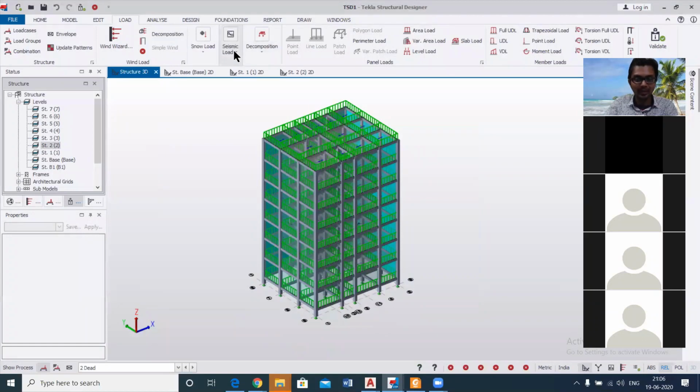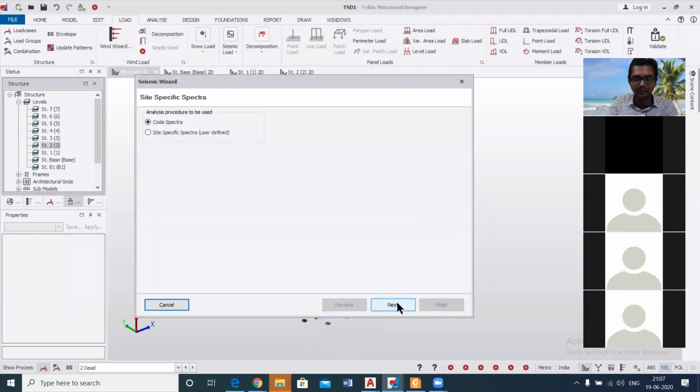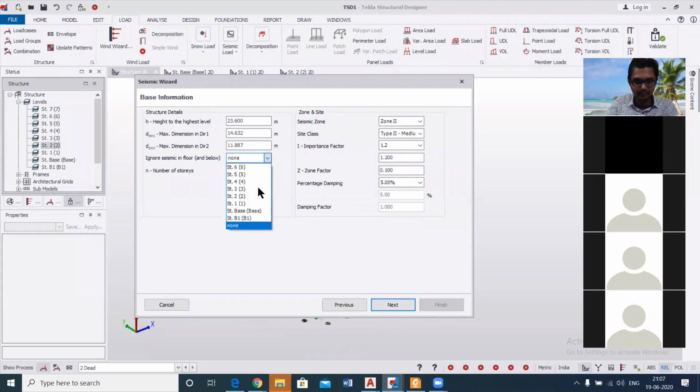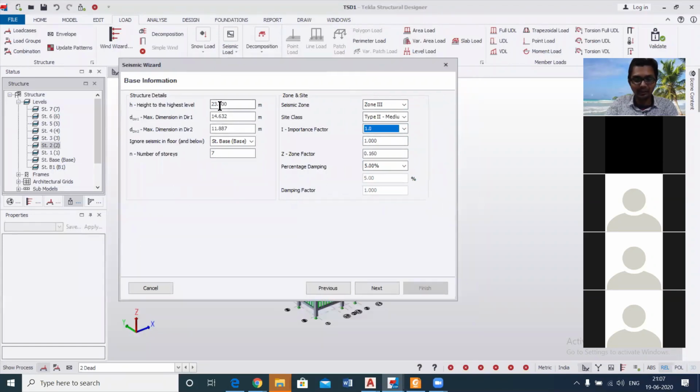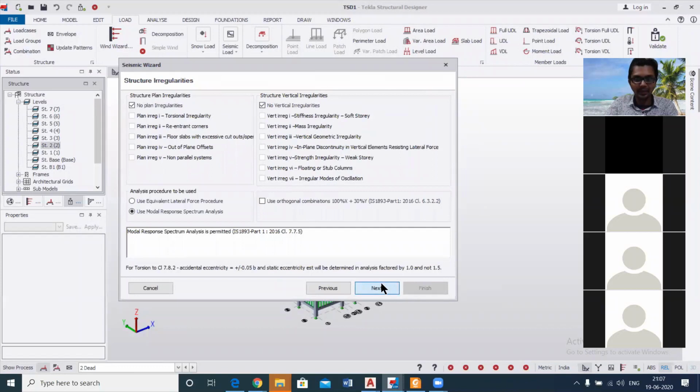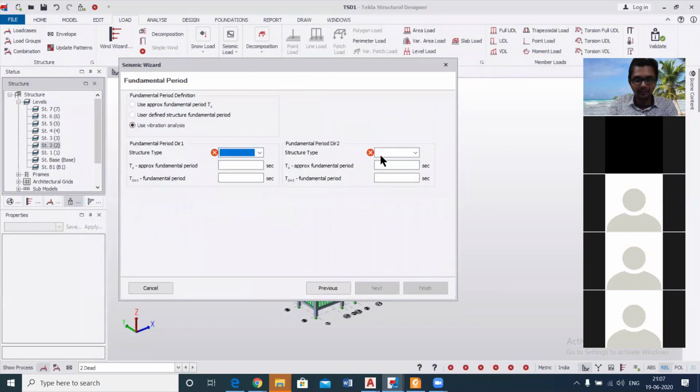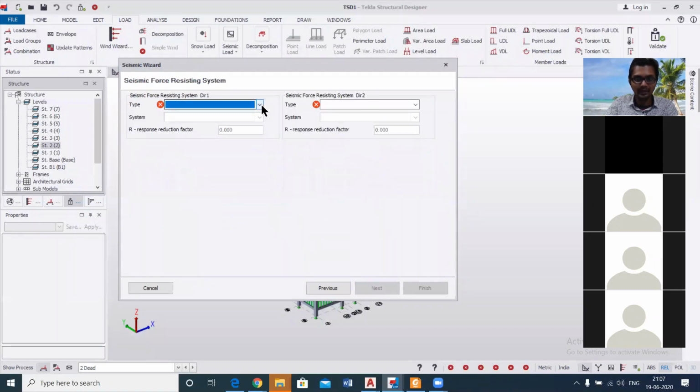After that, we'll apply the seismic load. For application of the seismic load, we'll go to the seismic load and then the seismic wizard. And after that, what is the IS code for seismic load? Anyone? So it's IS 1893, which is the IS code for seismic load. These factors, when we discuss the IS code in the class, we'll explain how to take them. And you'll have different kinds of buildings also. So this is basically RC, reinforced concrete moment resisting frame, because we're considering frame structures.